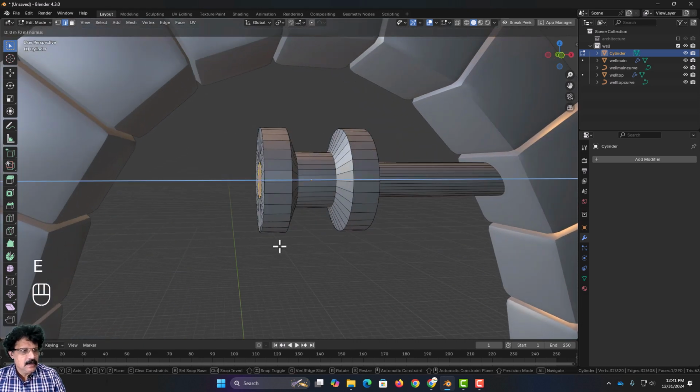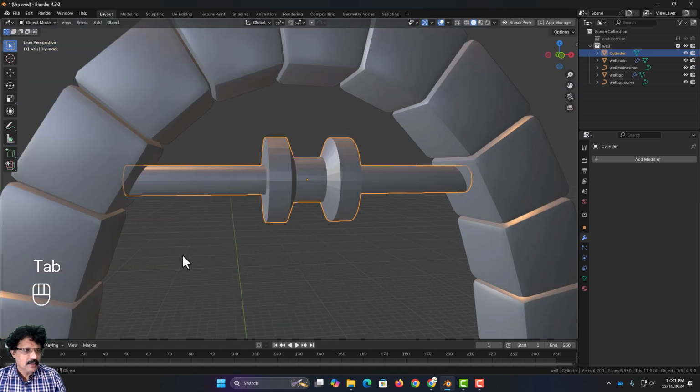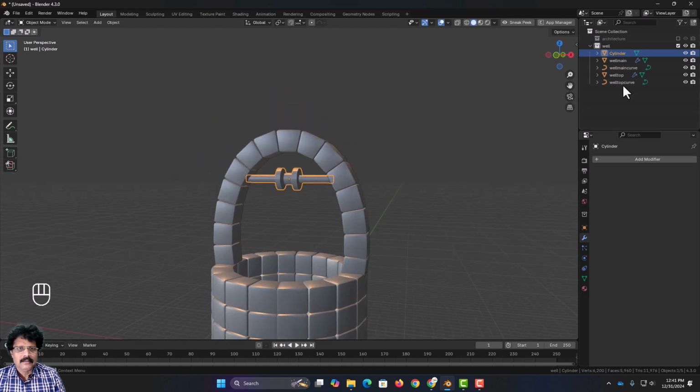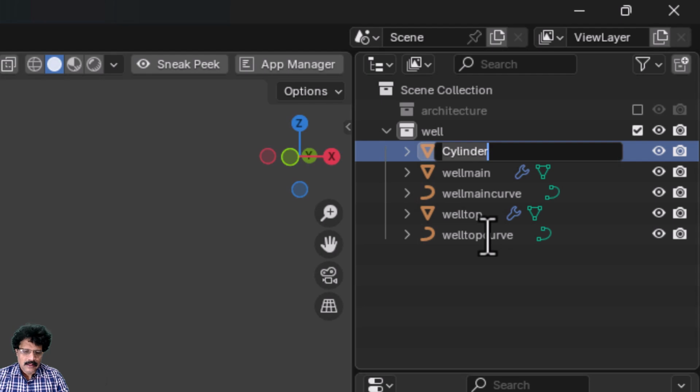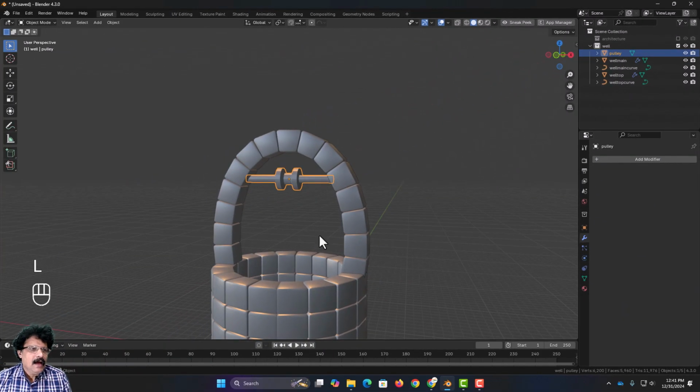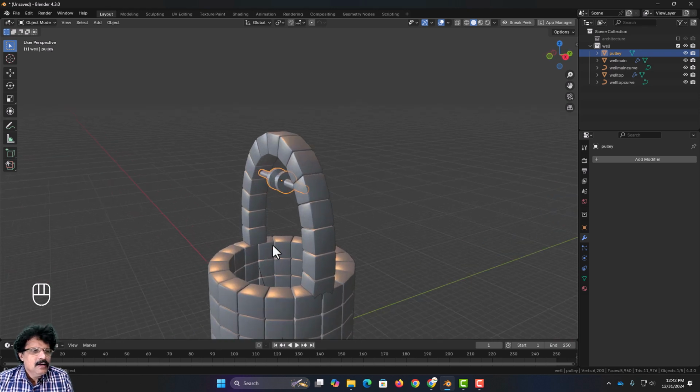Then I will press E X and drag it and put it on the other end like this. And if I press Tab, now I have this pulley structure ready. So I will select this and name this cylinder as pulley. Now the next thing that I have to add here is